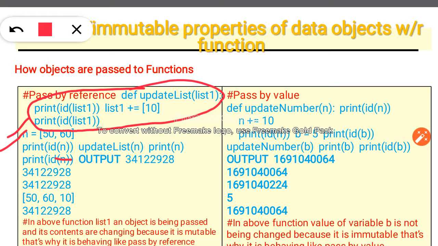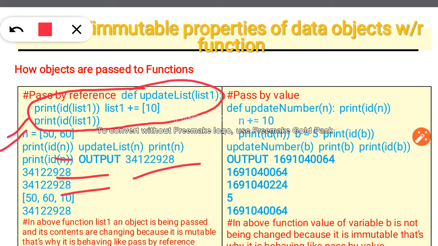So what are the outputs you are getting? These are the different outputs that you are getting. So I request all of you to run this program and see what are the different outputs you are getting.